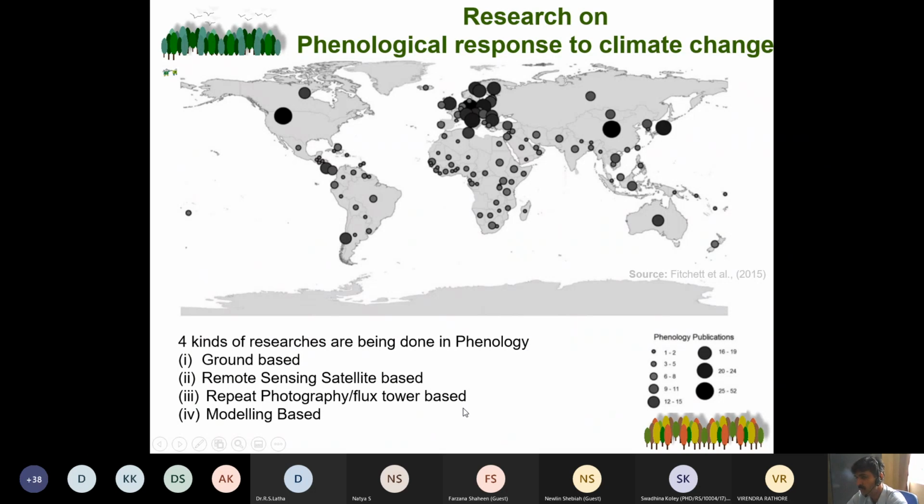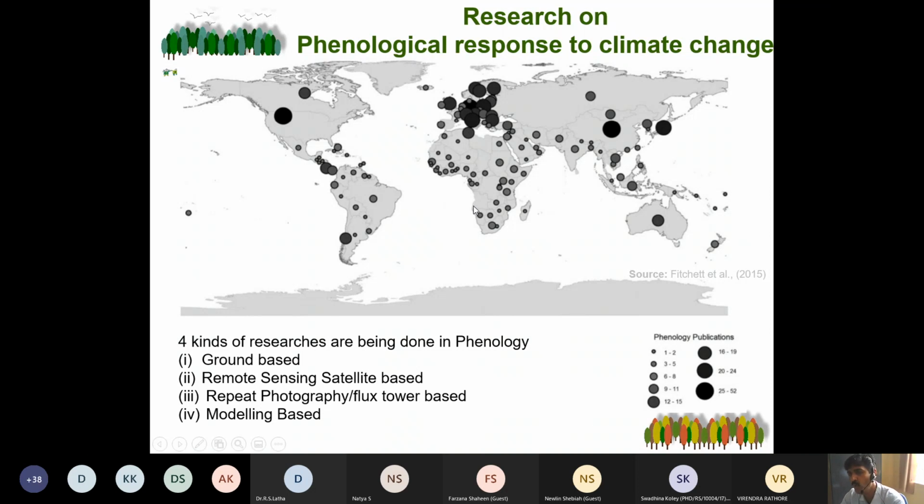Recently, from 2001 onwards, people are working on phenology in a very big way. You can understand which countries are doing a lot of work in phenology: Europe, America, Canada, China, Japan, Australia. India has few. When I started working in 2008, I was the first person to publish the phenology of India for natural vegetation. There was no other study for the whole of India. The information at the very minute level was missing. At a broad level, people have given it. There are other people who have given one growth rhythm profile, but the minute variability is more important for